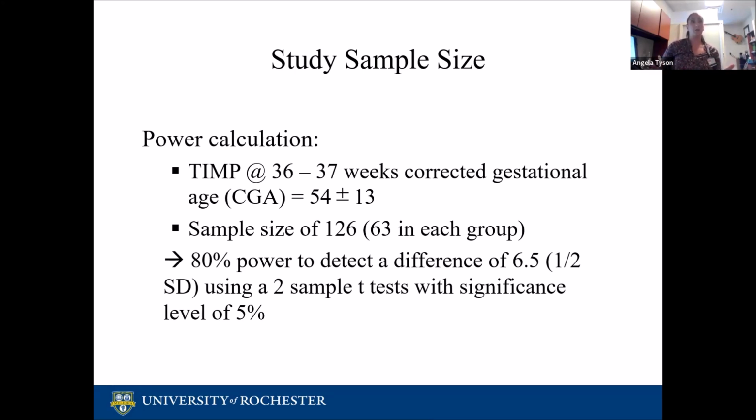scored in 2-week increments, so that if you repeat the test 2 weeks later and your score changes, that's been shown to have a statistically significant and clinical relevance to a difference in score leading to a difference in neurodevelopmental outcome. If it is repeated more frequently than 2 weeks, then it doesn't really show any statistical differences in a projection of where that kid may lie. So the test is meant to be repeated no more often than every 2 weeks, which would still be quite frequent. So that is why our TEMP is done between a 36 and 37 week interval and why we're looking